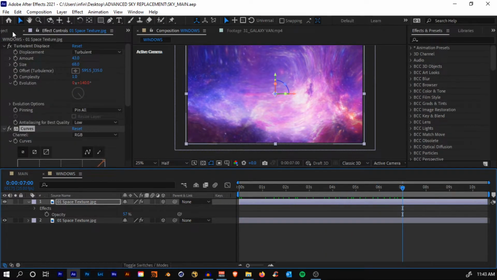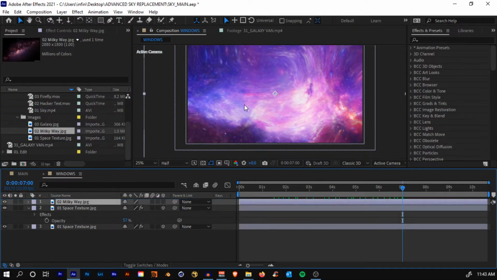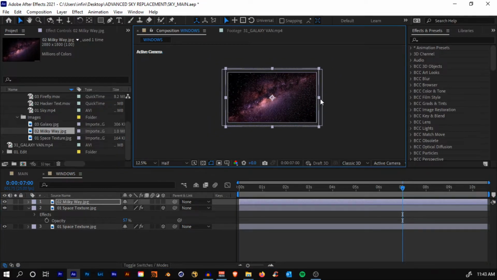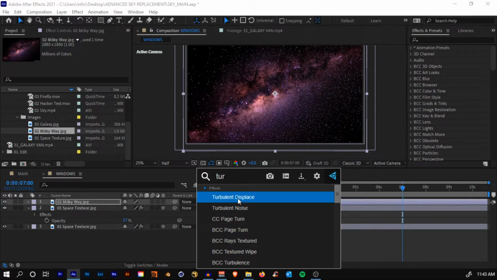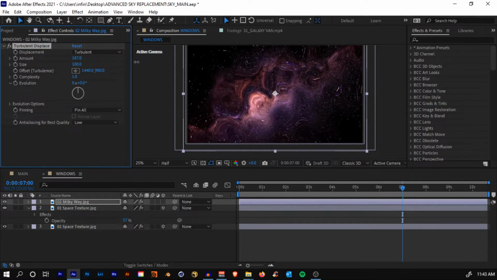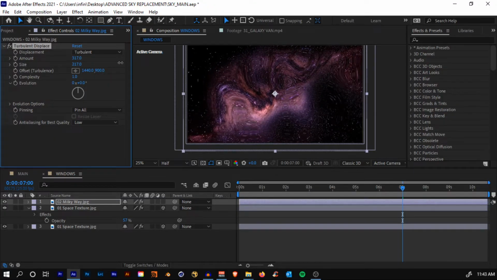Okay, and now go back to the project panel and you'll see this texture Milky Way. So just scale it down until it fits your screen. Again add the turbulent displacement effect, but this time we are going to increase the amount a lot and also this size a little bit, something like that.